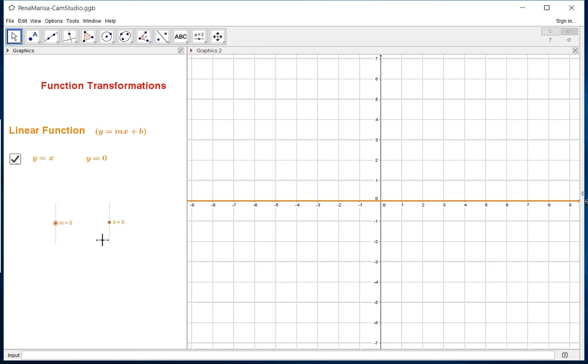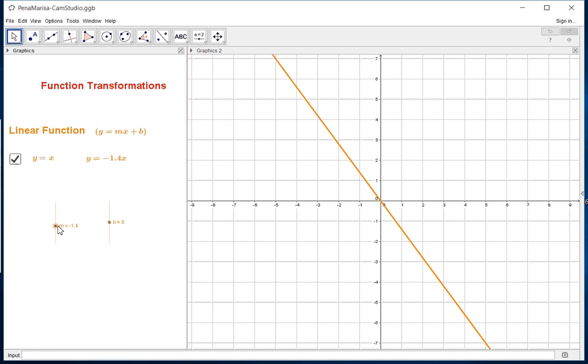Now, what happens when we change our m in the negative direction? If we take our m, let's drag it and move it in the negative side, okay? Two things are starting to happen. First of all, our line has changed directions. Our graph changes direction. This is due to only the negative sign. Okay, this negative right here causes our graph to change direction. Now, the absolute value of m, which would be 1.4 in this case, is the steepness of our graph, or